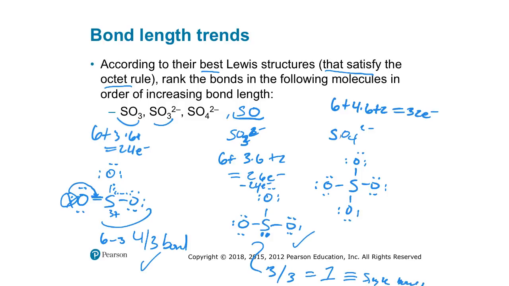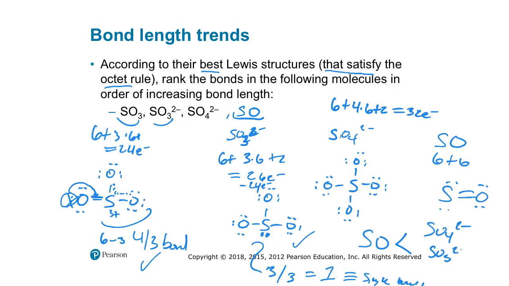Okay, and then finally, we have SO. Let's work out that it's double, because for SO, 6 plus 6, so S, double bond O, lone pairs, just like O2, for a double bond. Let's rank these bonds. So we should have the SO double be the shortest, because it's the double, SO4 2 minus, SO3 2 minus in the middle, being very similar, and then finally SO3 without the charge being,